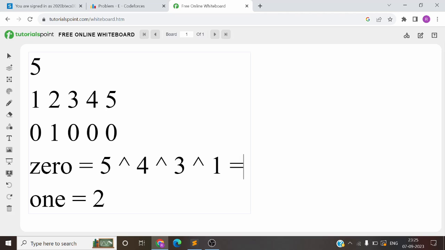प्रॉब्लम ये है कि जो सेकंड टाइप की क्वेरी है, वो एक रेंज देगी और बोलेगी उस रेंज में जो वैल्यूज हैं उनको स्वैप कर दो। मतलब जहाँ पे जीरो है वहां पे वन रख दो और जहाँ पे वन है वहां पे जीरो रख दो। डिड यू गेट द क्वेश्चन? वेरी सिंपल।